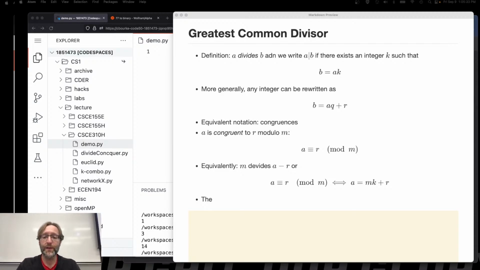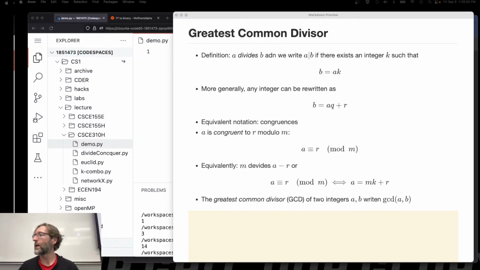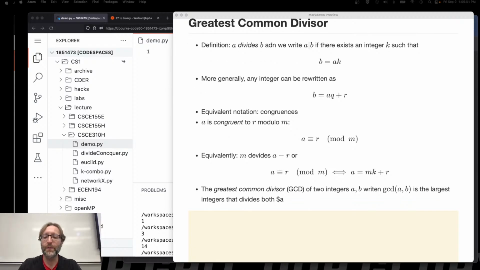Now you can talk about two numbers and their divisors, right? The greatest common divisor, or GCD, of two integers, a and b, written as GCD of a, b, is the largest integer that divides both a and b. Right? So for example,